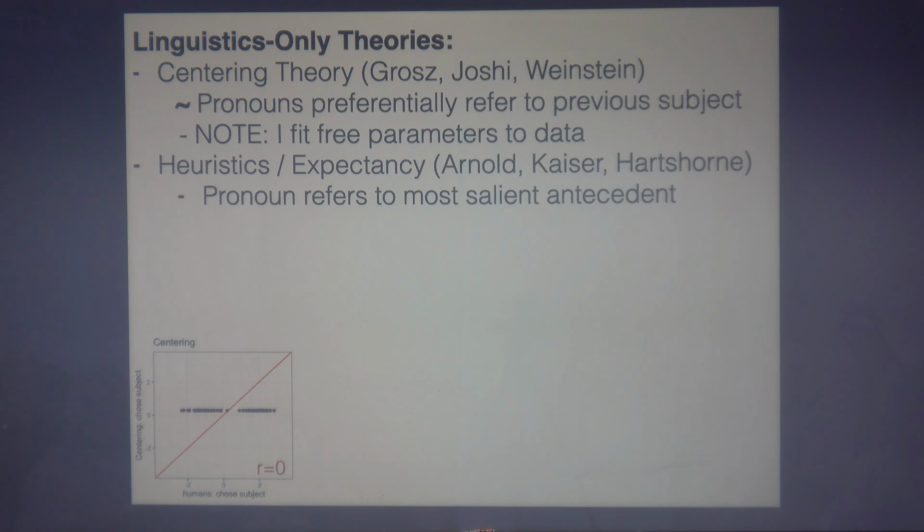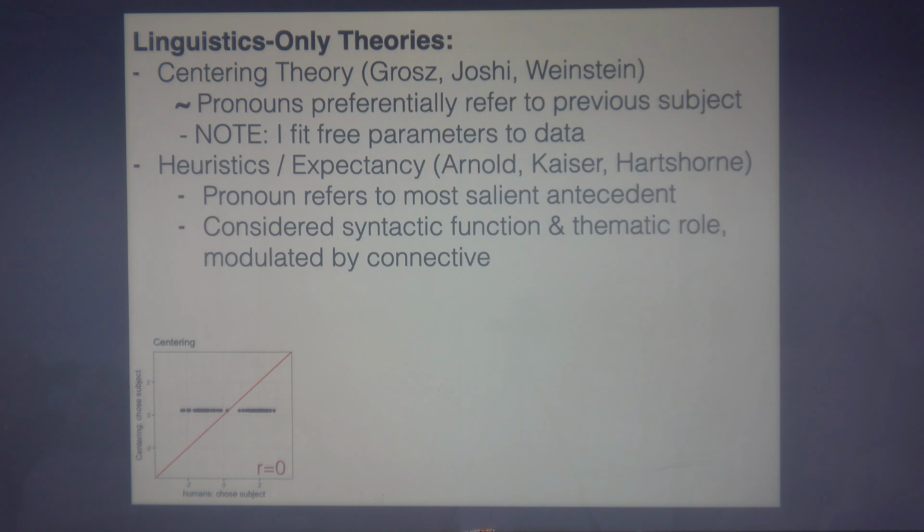Different things make potential reference more salient, like having been the subject of a sentence, or being an agent as opposed to a patient. This may be modulated by the connective. It depends if you're saying something because something, or something although something. So there are a few commonly discussed predictors, and we basically threw them into a linear regression